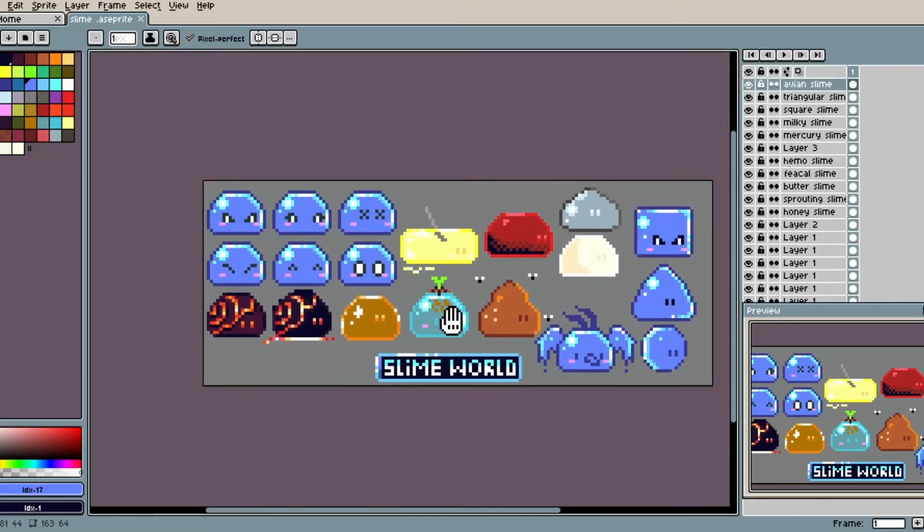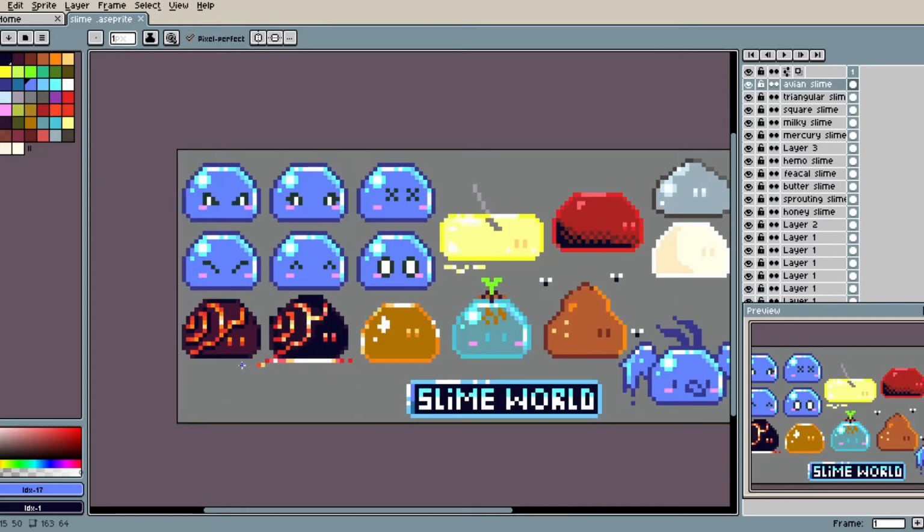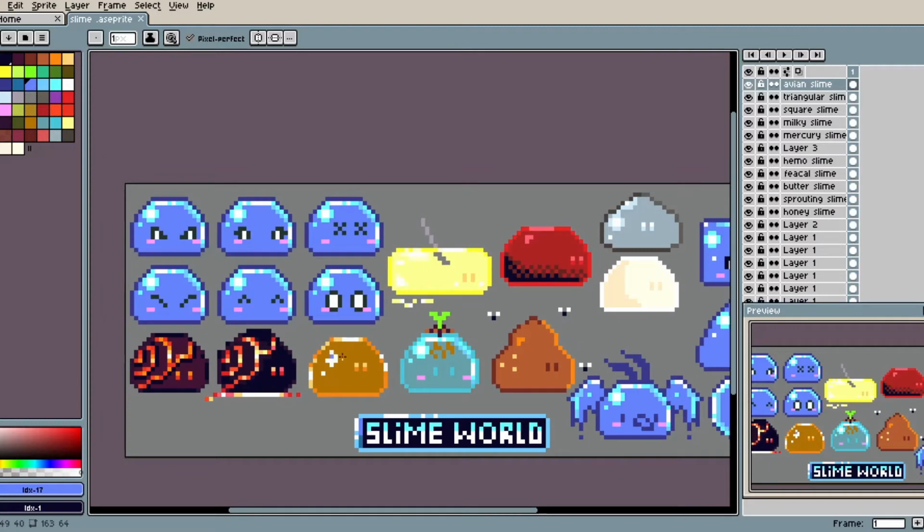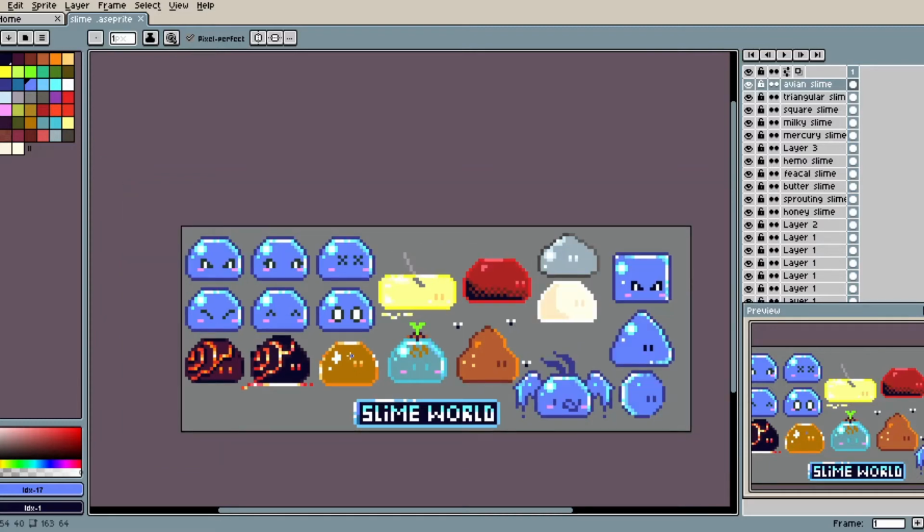So I end up going a little bit ham on it, but I really like the aesthetic of the game. It'd be very cutesy, very pixel arty, very much a feel-good game, something that's not really stressful or intense. It's a little bit like Harvest Moon, a little bit like Minecraft, a little bit like Terraria, stuff like that. I wanted a game like that, or at least a concept of a game